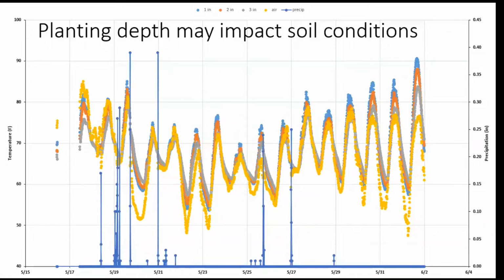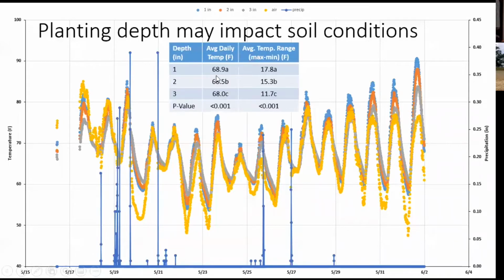And so what we see here is when we look at the soil temperatures to start, they tended to be a little bit lower than what we were seeing from our air temperatures, but our air temperatures tended to dip a lot lower than our soil temperatures did. And this was magnified after a rainfall event. So once our soil was filled with water, basically the soil temperatures didn't get as high and as low as we might have expected had it not been full of water.